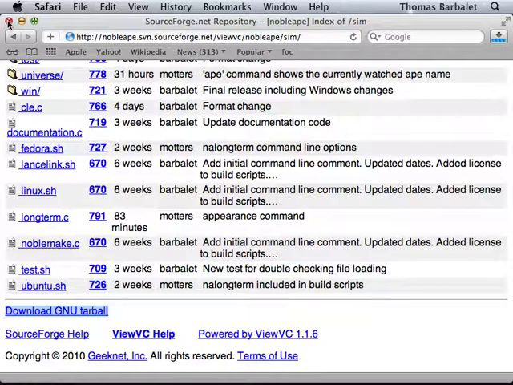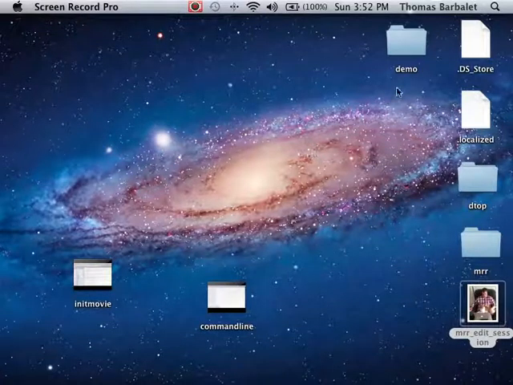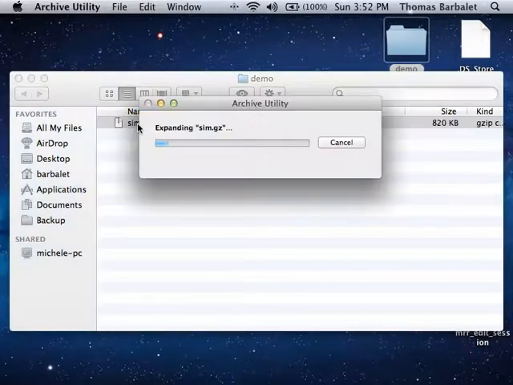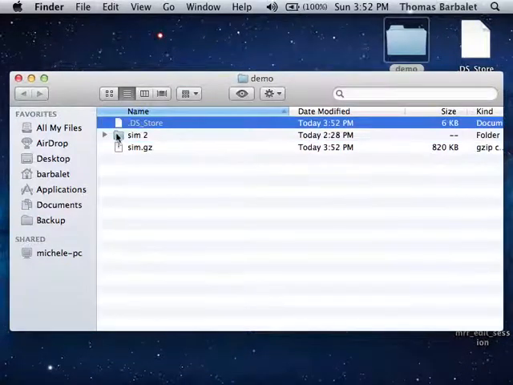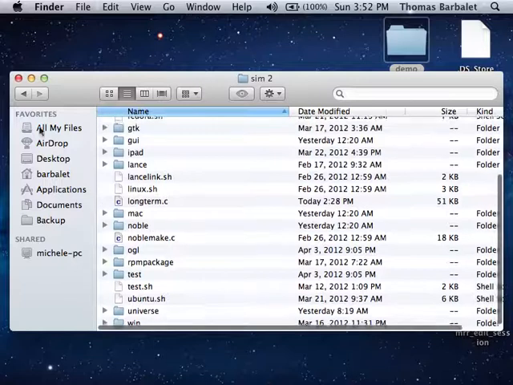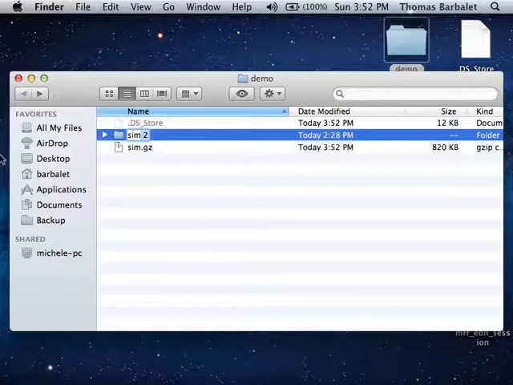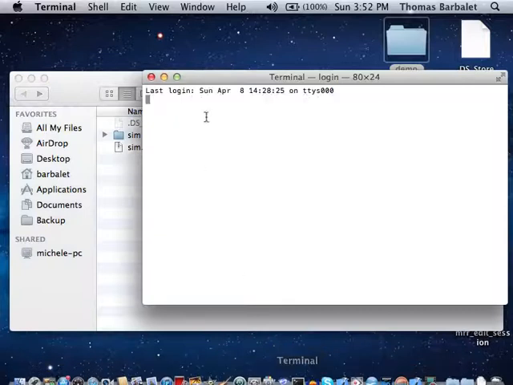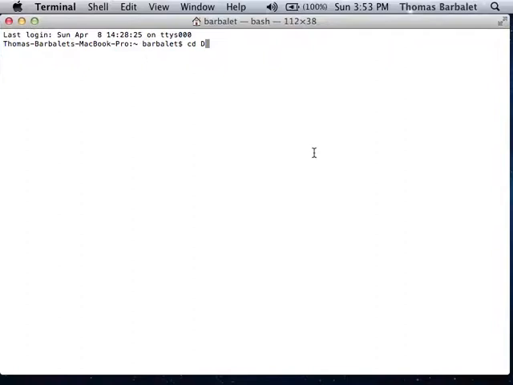Okay, once that is downloaded, we can leave our Safari environment. We can go to our demo directory, and we can press that. And for some reason it's calling it sim2, but if we look inside, yep, that's what we're looking for with the sim directory. Let's call it sim. So, we then load our terminal, go to, let's just maximize this, go to the desktop,